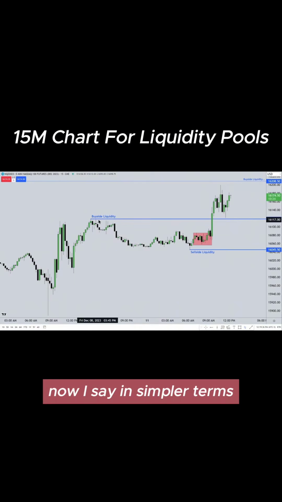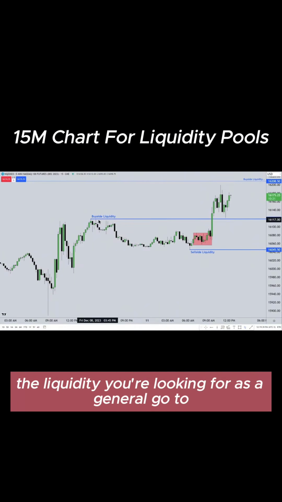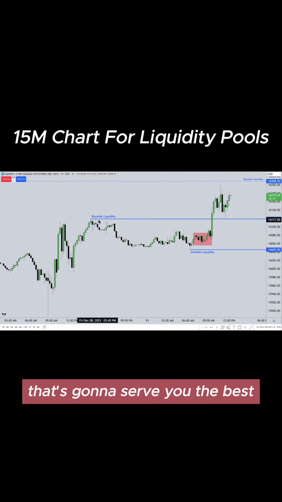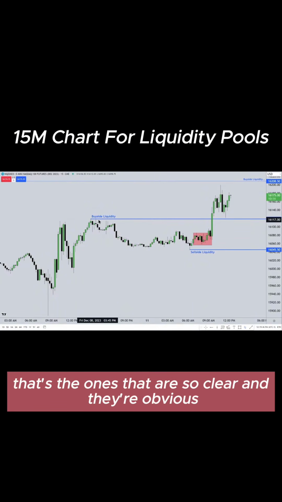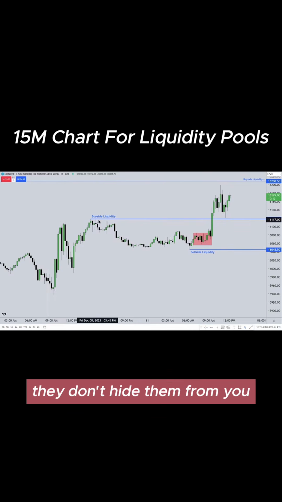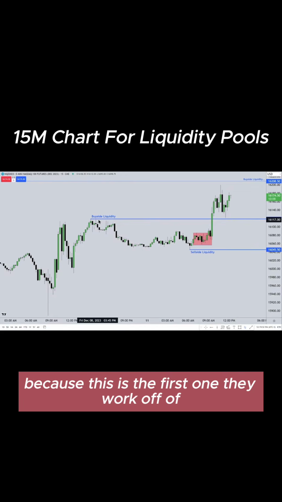Now, I'm going to say it in simpler terms. The liquidity you're looking for as a general go-to that's going to serve you the best is a 15-minute time frame chart. That's the ones that are so clear and they're obvious. They don't hide them from you. They can never hide them from you because this is the first one they work off of. When we're